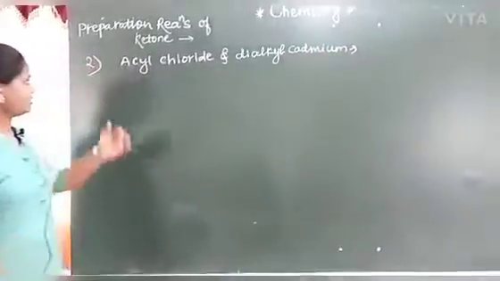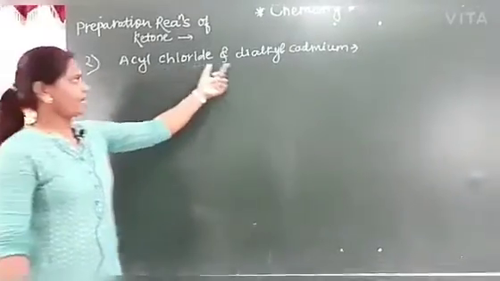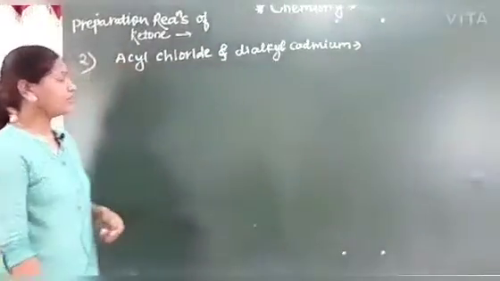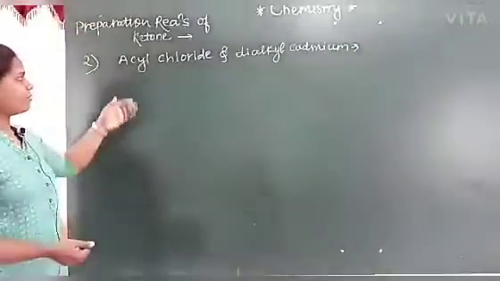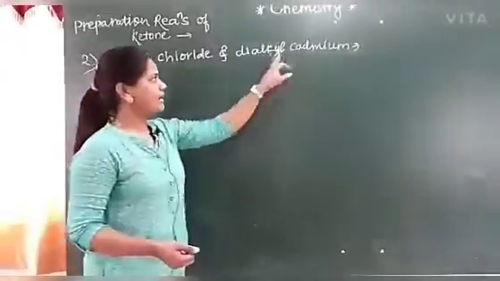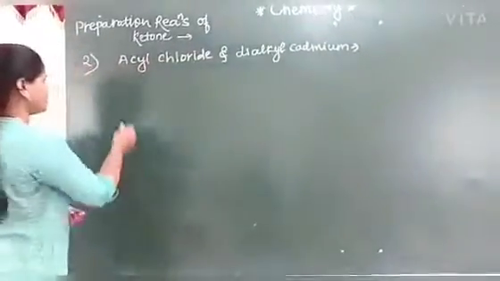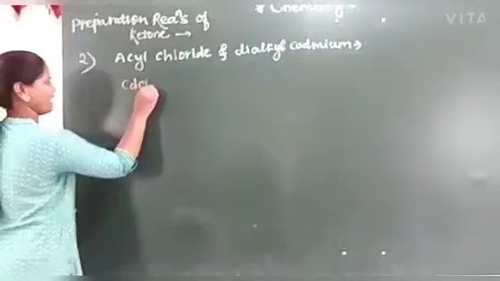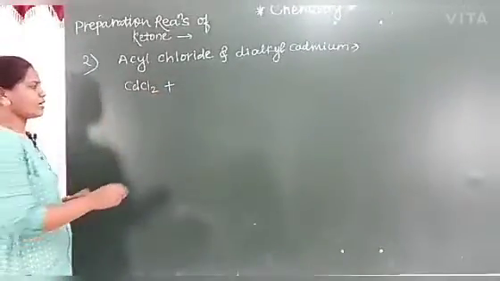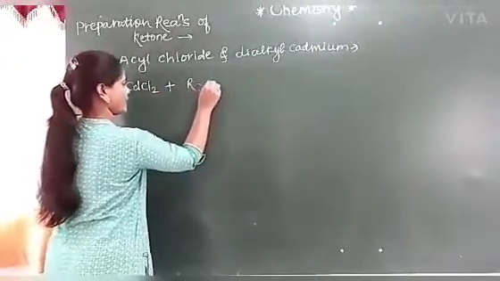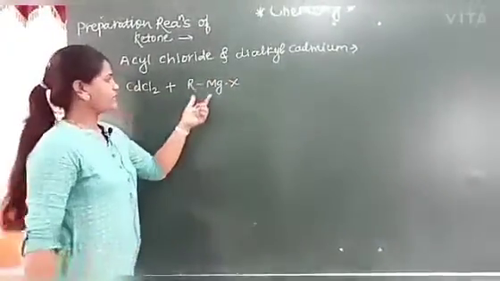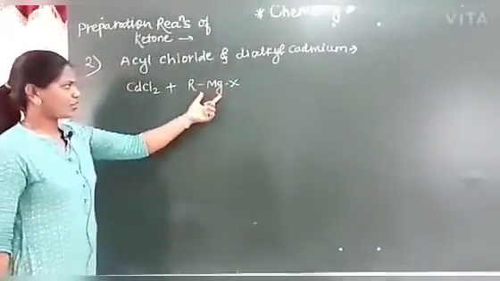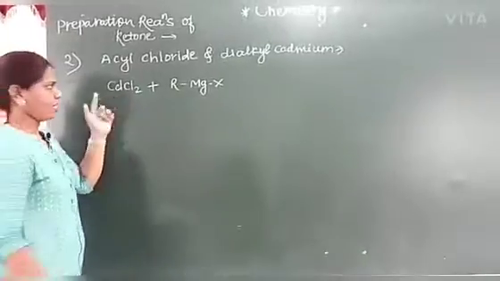This is the second reaction. By the use of acyl chloride and dialkyl cadmium we can prepare the ketone. But before that we have to see how to prepare the dialkyl cadmium. See here, when cadmium chloride CdCl2 reacts with the Grignard reagent. What is the formula of Grignard reagent? RMgX, or it is also called alkyl magnesium halide. When alkyl magnesium halide or Grignard reagent reacts with cadmium chloride, it forms